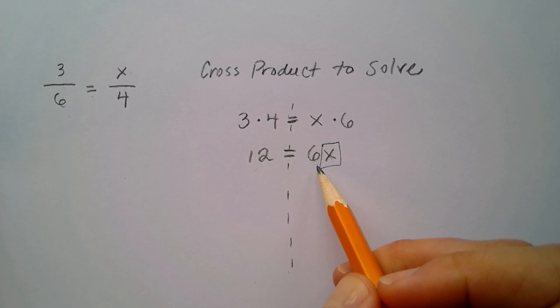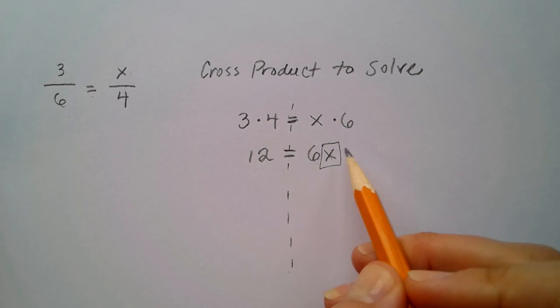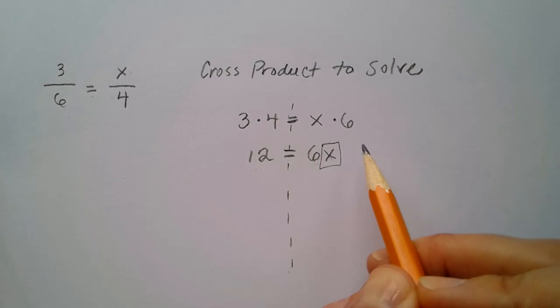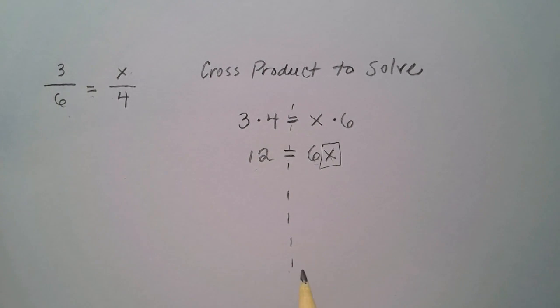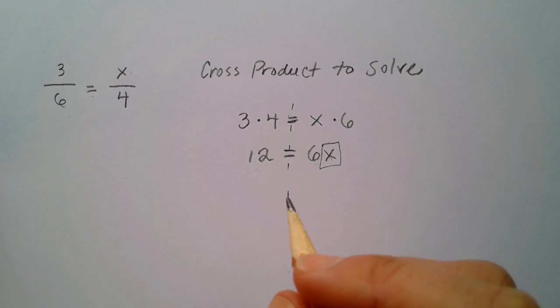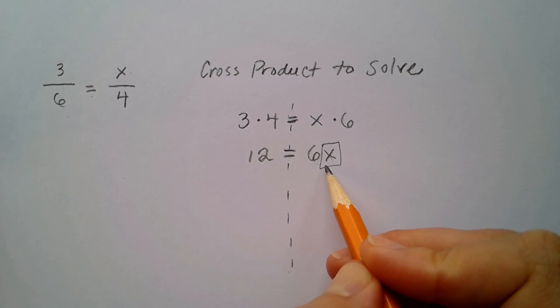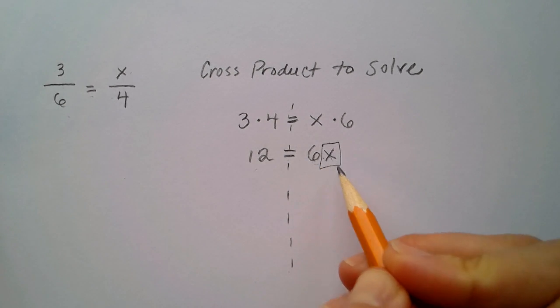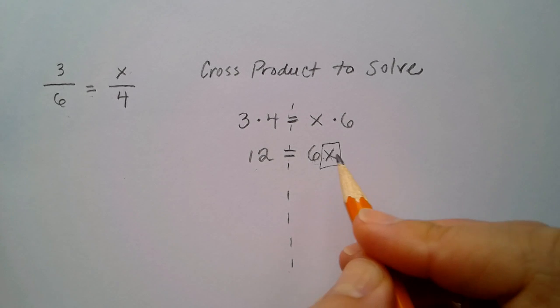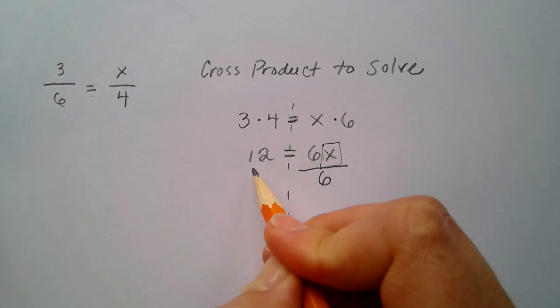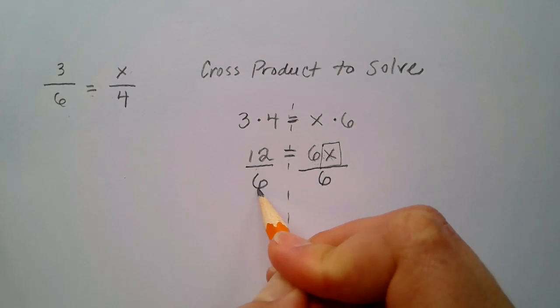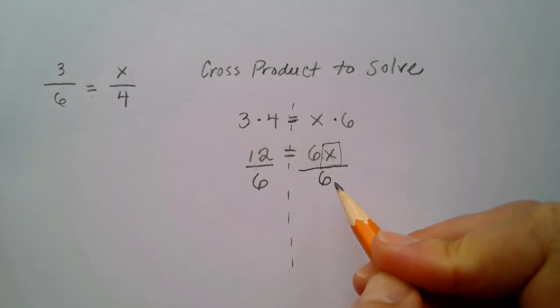And the goal is to undo any numbers and operations that are along with the variable, whatever side it's on. It happens to be on the right side for this example. So we're going to leave that variable over there on the right side. In order to undo 6 times x, I'm going to use the inverse operation. The inverse of multiplication is division. So using a fraction bar, not a division symbol, I'm going to just divide both sides by 6